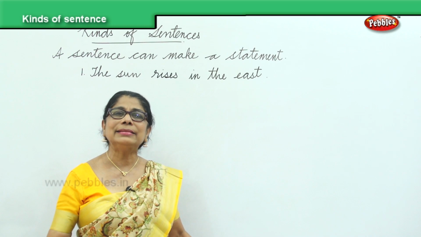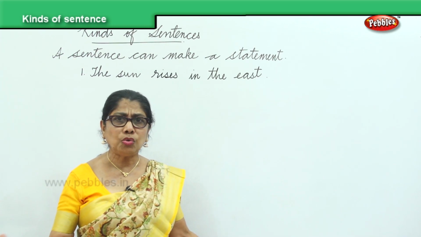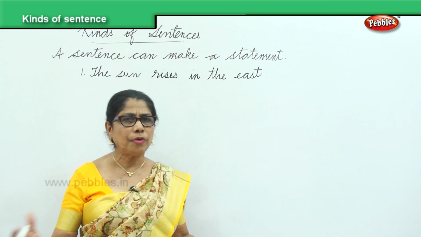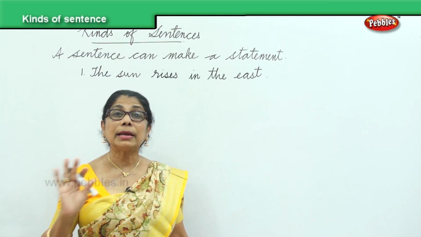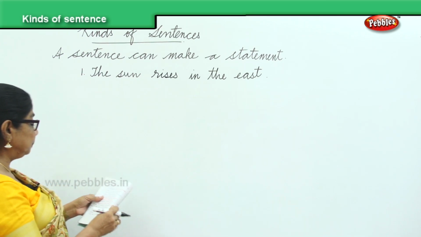Look at the sentence. What is the sentence telling you? It's making a statement, a true statement. A statement can be true or false. The sun always rises in the east. Okay? Now,